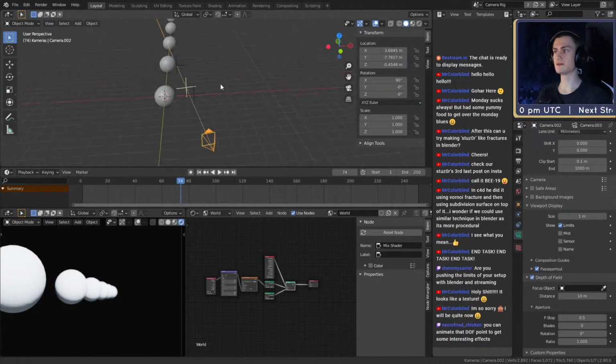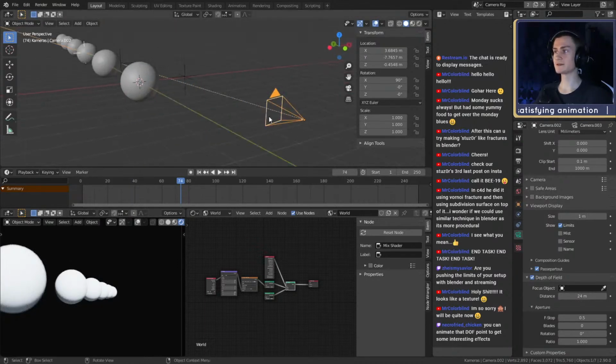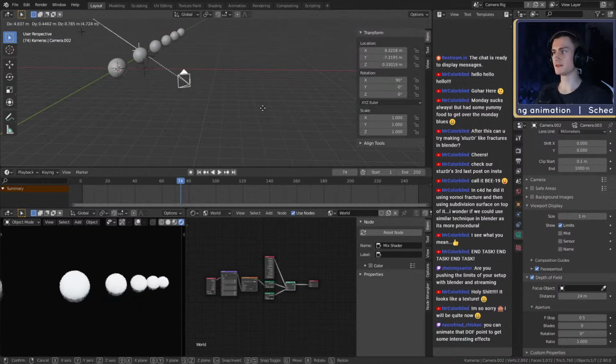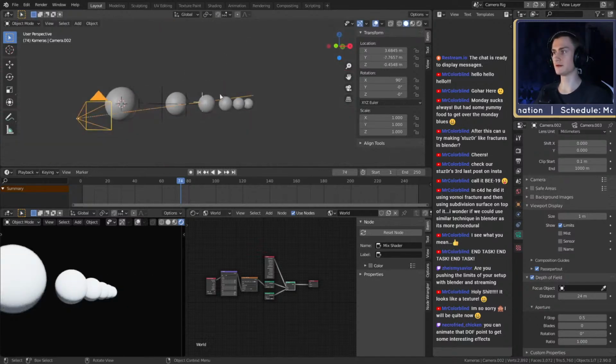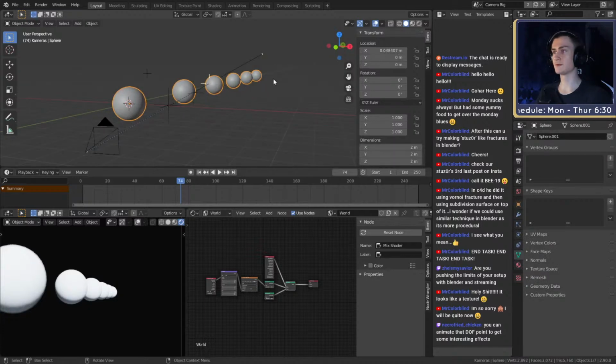So if we move this empty in the distance, we adjust it by moving the distance. You can see now the empty moves backwards, back in the scene, maybe to this sphere, and you can see now the third sphere is in focus. The problem is moving your camera, and then maybe, for example, you want to say, okay, not this sphere should be in focus, the third one, but the last one.